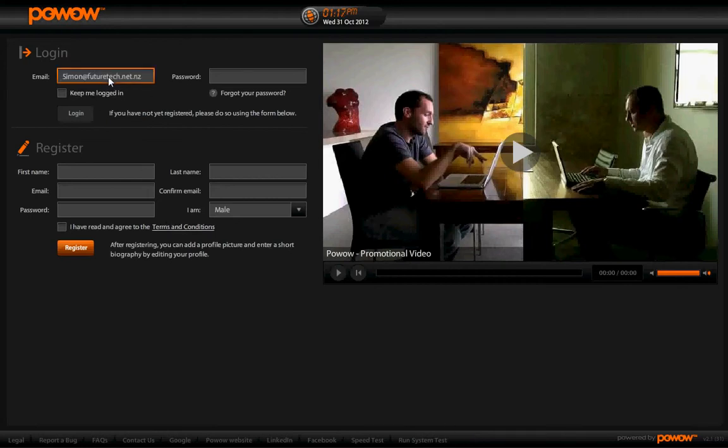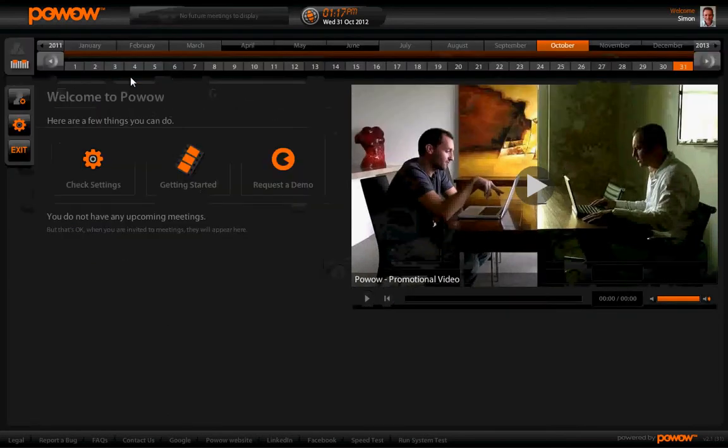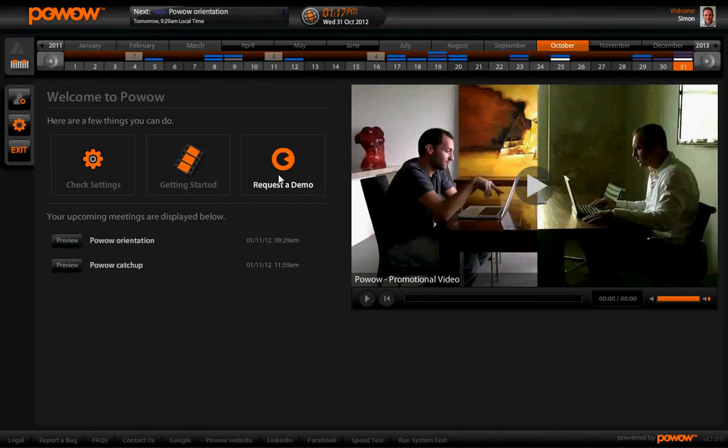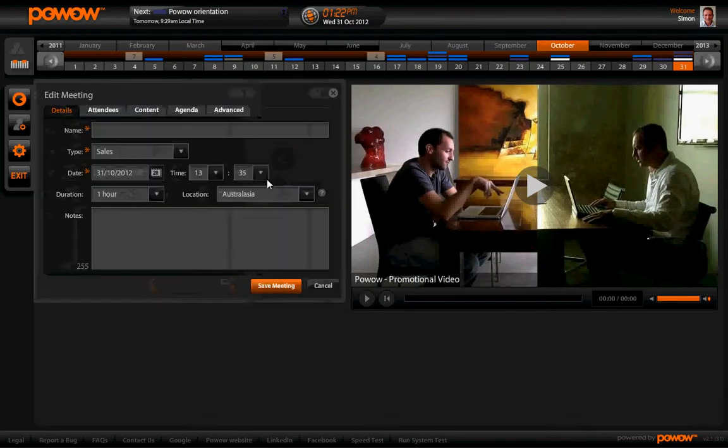So the first thing we want to do is go to the Powow website and log in. Now if you're a first-time user, then you'll have this request a demo button, and you need to talk to your administrator and get them to give you power user rights, and then you'll have the schedule a meeting button available to you. So now you'll see that I've spoken to my administrator and I've got the schedule a meeting button. So we're just going to click on the schedule a meeting button, and that's going to open up our